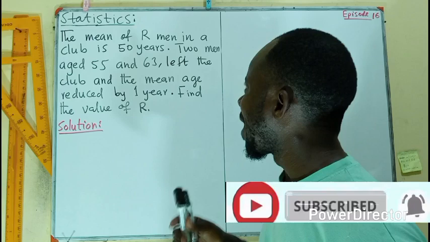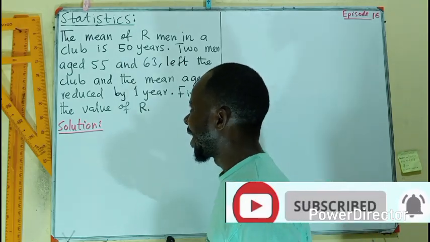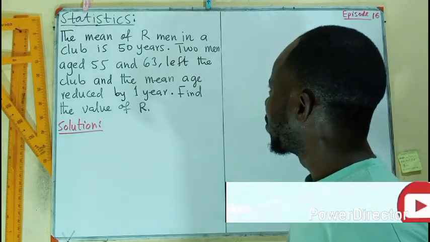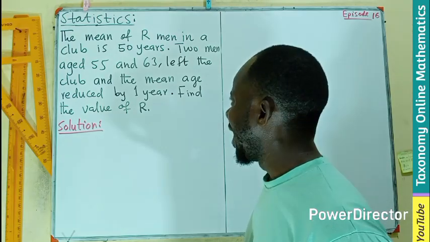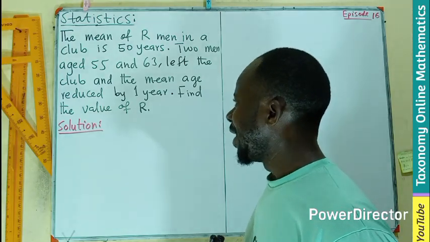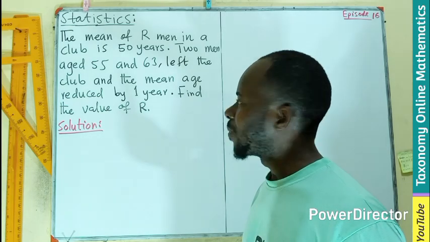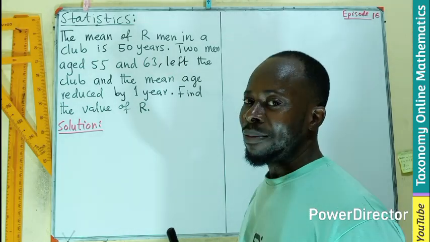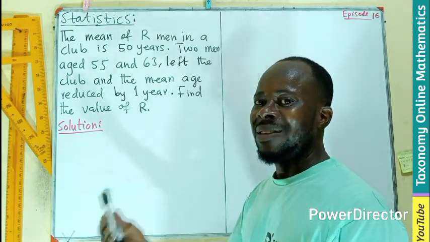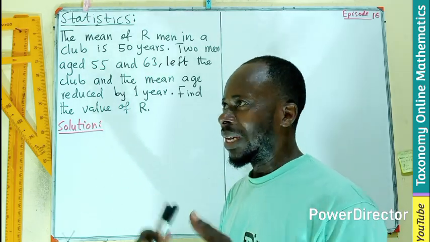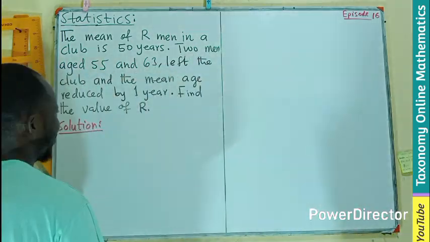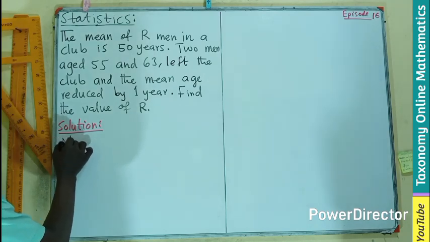So the mean age of the men in a club is 50 years. Two men aged 55 and 63 left the club, and the mean age reduced by 1 year. We have to find the value of R, meaning how many men were present at the club before two of them left. So the concept we need to build is, we know that the mean